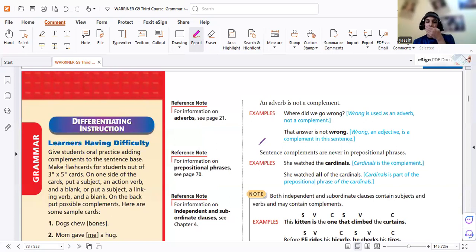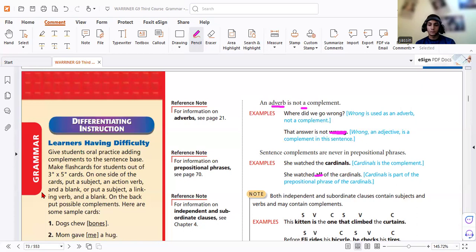But you should know something: the adverb is not a complement. What does it mean? It means if you delete it, it cannot affect the meaning. Again, "she watched of the cardinal". And so what does it mean? Yeah, this means here,